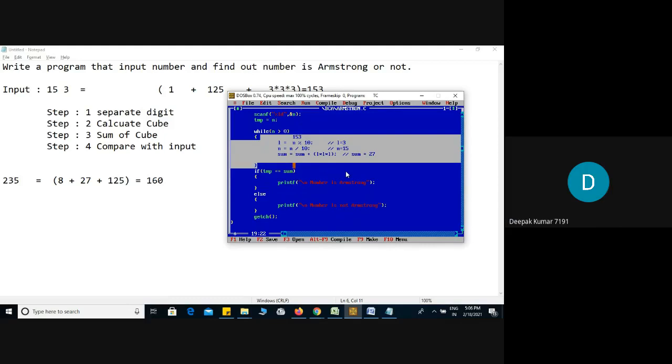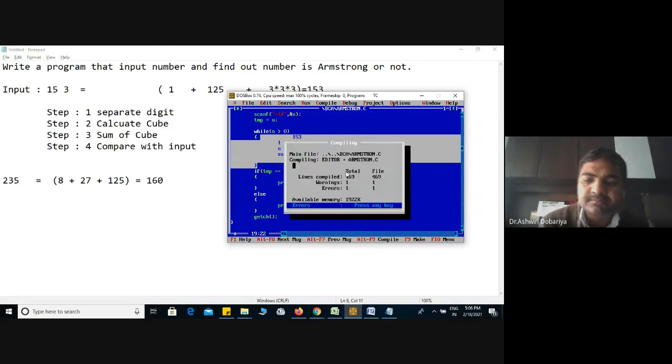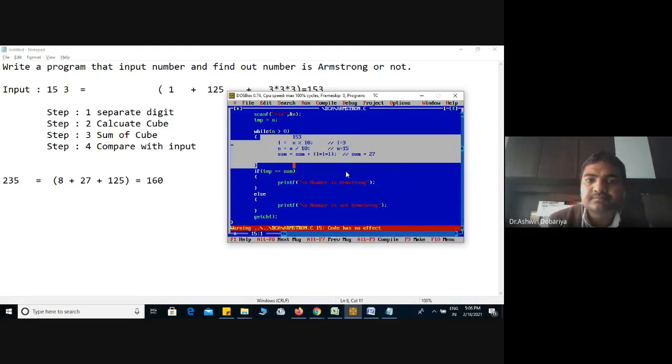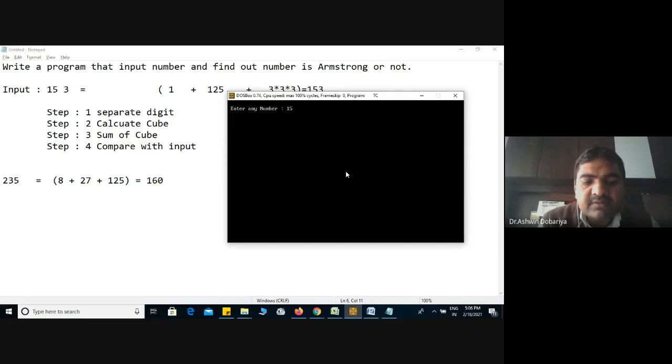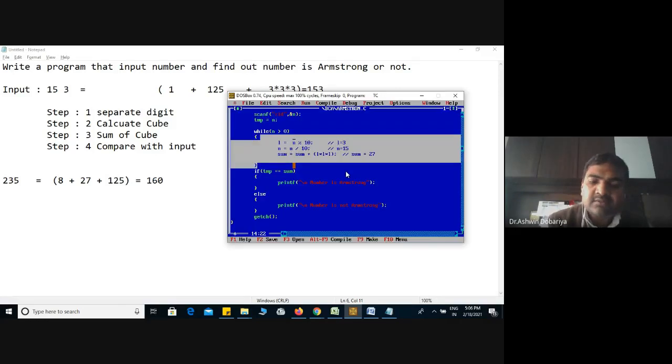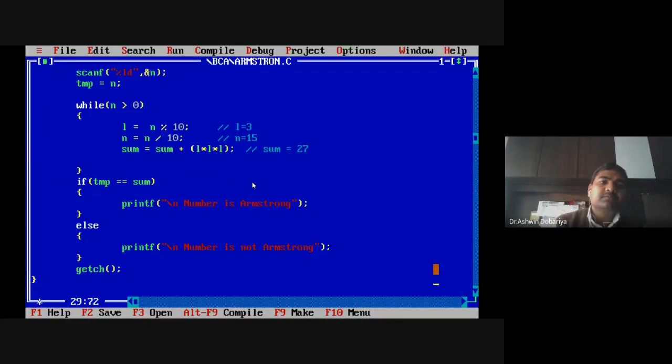Let's execute this program. See, if I enter 153, 153 is an Armstrong number. But if I input 125, this is not an Armstrong number. So in that way, you can make this program general.